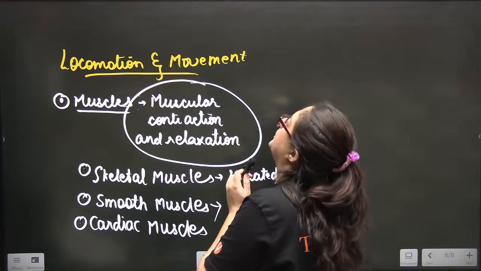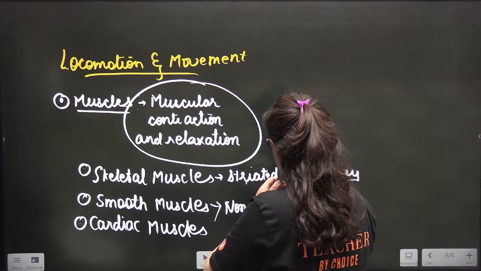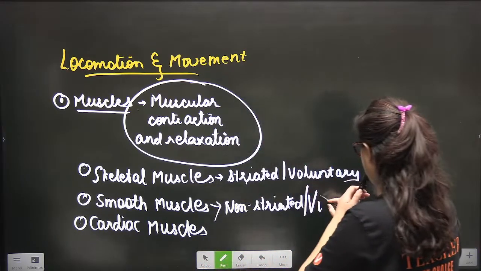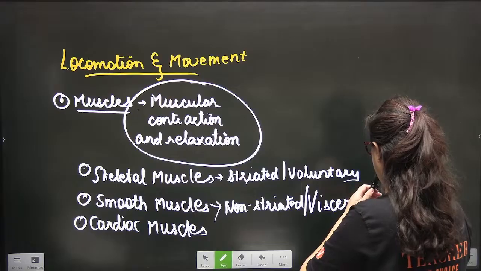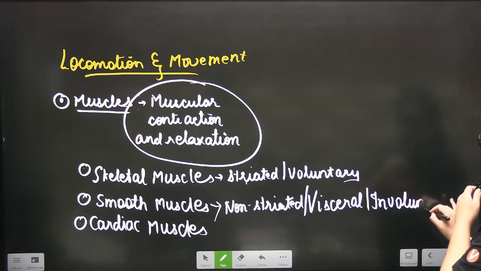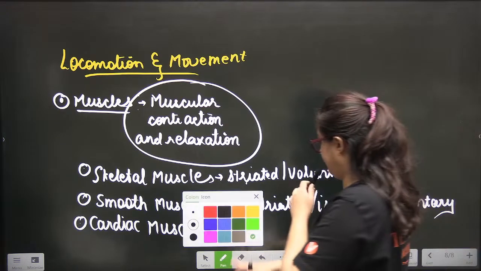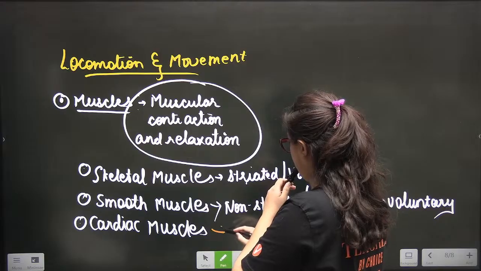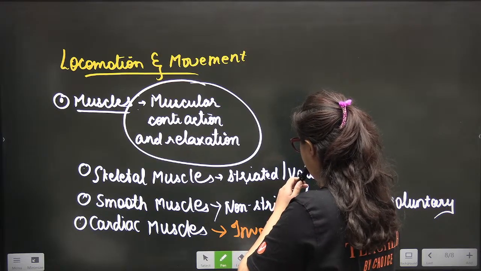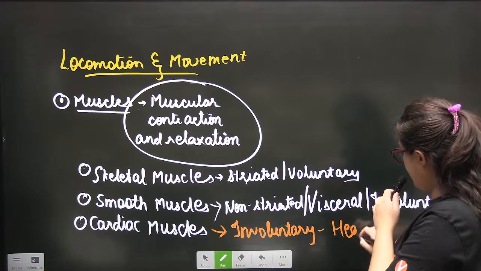Smooth muscles are non-striated, visceral, and involuntary. Cardiac muscles are involuntary, specially associated with the heart muscle. The rest we will do